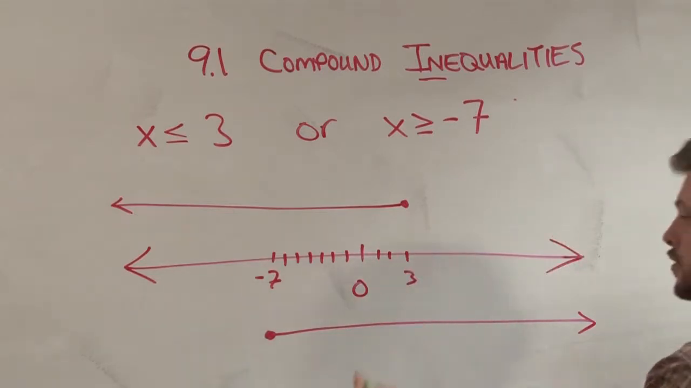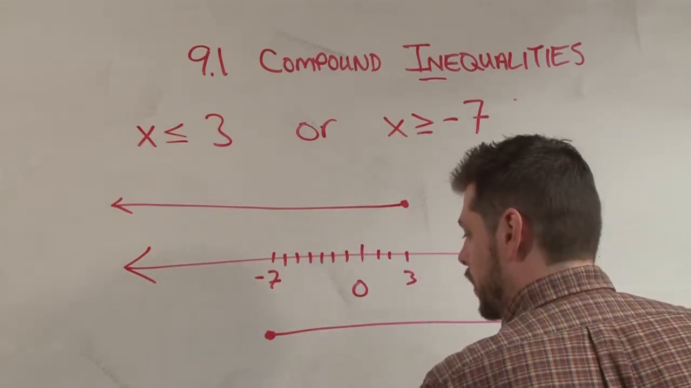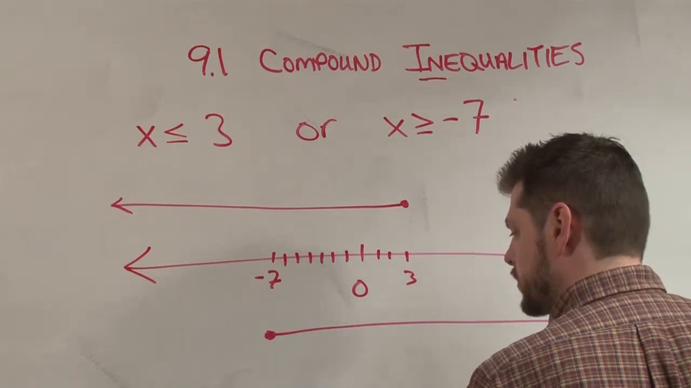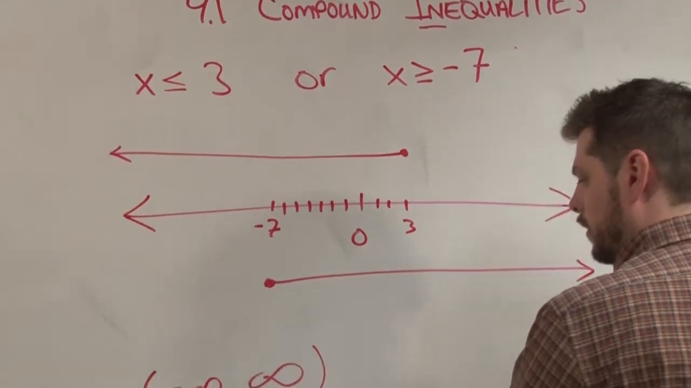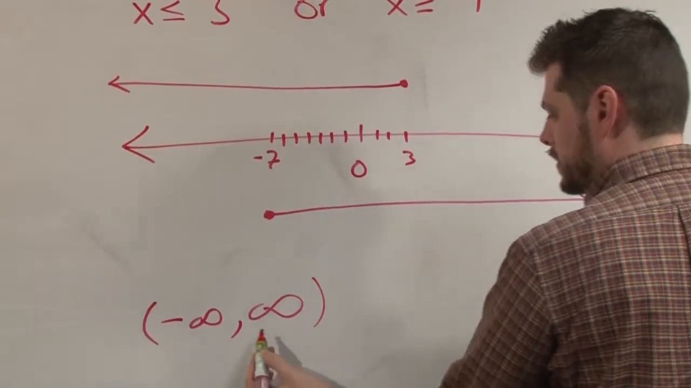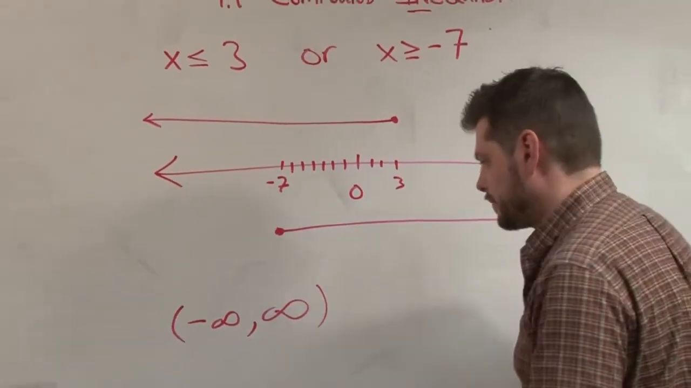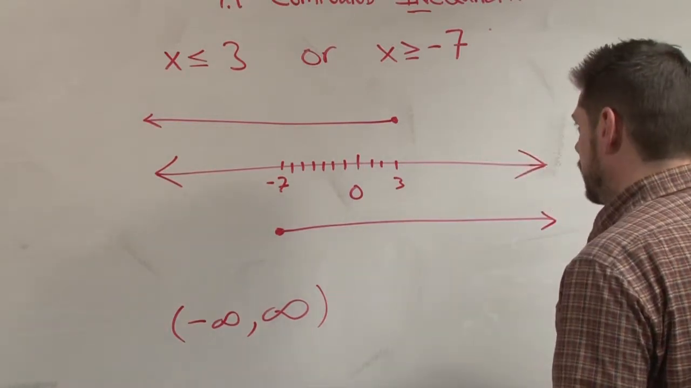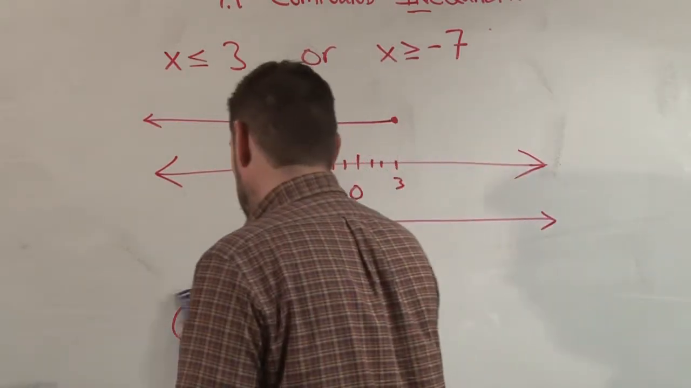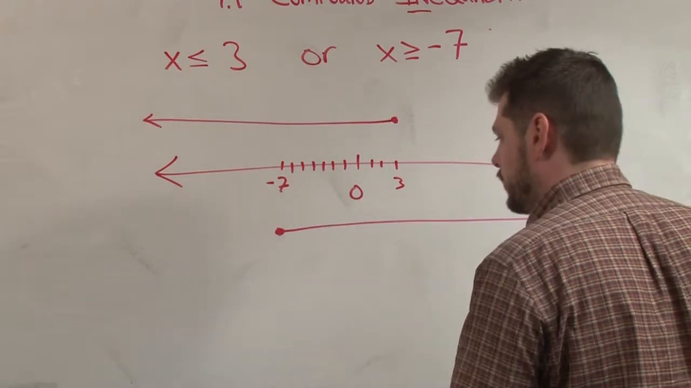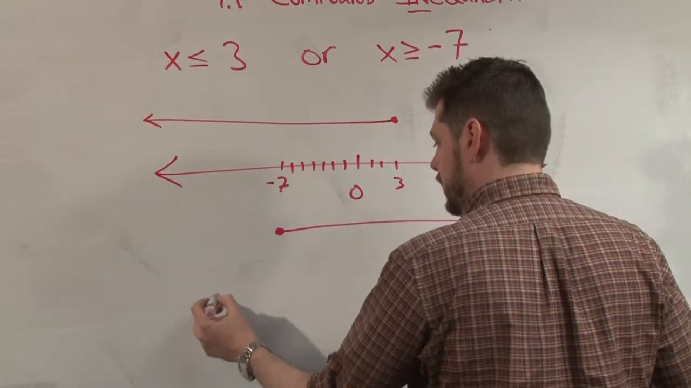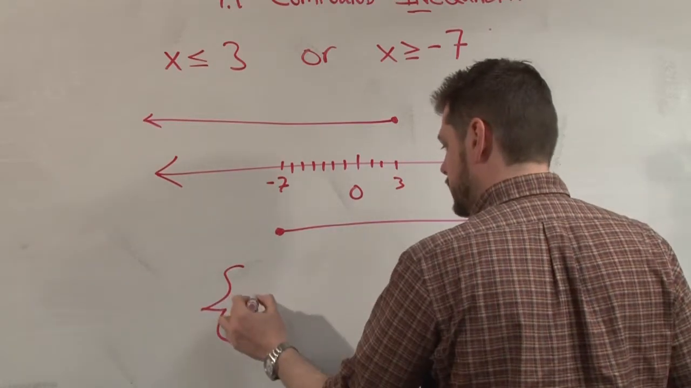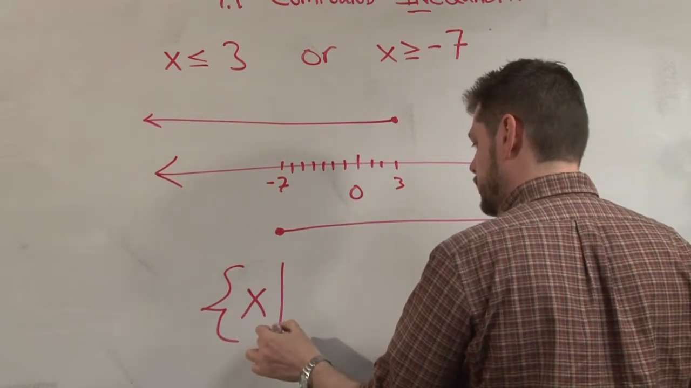So my solution to this one is all real numbers. Or if we were to use interval notation, we would say the numbers that start at -infinity and stop at positive infinity. We'll get back to interval notation in a second. And if I were to use set notation to describe this number, I would call this the set. We use curly brackets for set. The set of all x such that